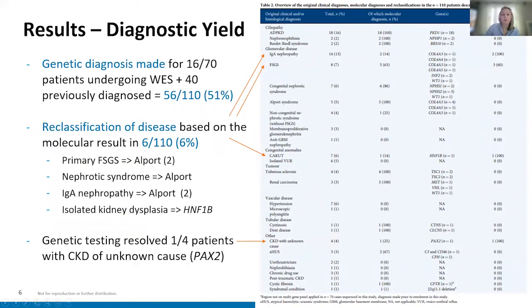So I mentioned that there were 40 patients who previously had identified molecular diagnoses. And then out of the additional 70 patients who were tested on whole exome-based sequencing, 16 patients received a genetic diagnosis. So for the entire 110 patient cohort, this is 56 diagnoses, or a yield of 51%. Additionally, out of the full cohort, there were 6 patients who had their disease reclassified, or at least a subtype